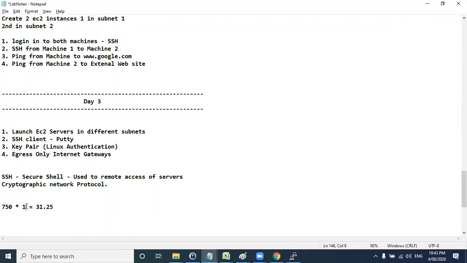Normally, people are told the free tier instance is free, right? They launch 3 instances. That time, 31 divided by 3 is around 10 plus days. After the 11th day, they will start charging your free tier account, because they told you the free tier account can use one machine, only one instance for 750 hours, not three machines for 750 hours, right? Total duration is 750. So just keep this in mind.